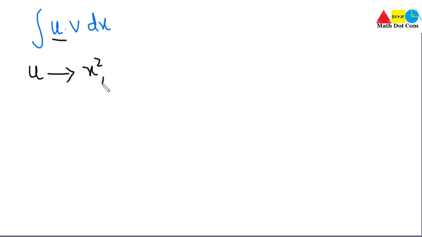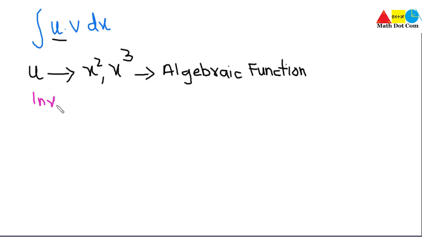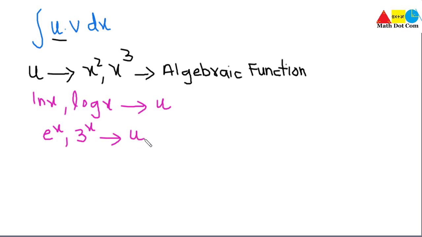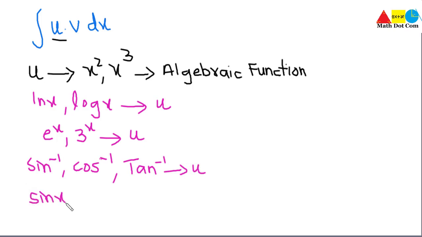If you have x square, x cube, like these algebraic functions, then if you have natural log of x or log of x, again you need to choose it as u. Then if you have the exponential functions like this, or if you have a constant in the base like this, still you have to choose it as u. Or if you have the inverse trigonometric functions like sine inverse, cos inverse, tan inverse, again you have to take them as u. Or if you have the trigonometric functions like sin x, cos x, tan x,